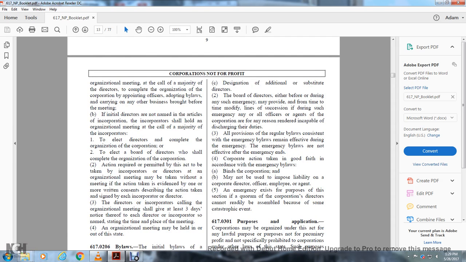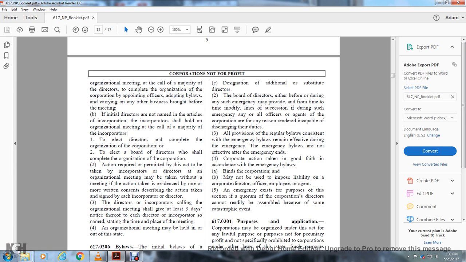C. The designation of additional and substitute directors to the board of directors, either before or during such emergency, may provide from time to time to modify the lines of succession during the emergency. All officers and agents of the corporation are regarded as incapable of discharging their duties, and all provisions of the regular bylaws consistent with the emergency bylaws remain effective during the emergency. Emergency bylaws are not effective after the emergency ends, and corporate action taken in good faith in accordance with the emergency bylaws: